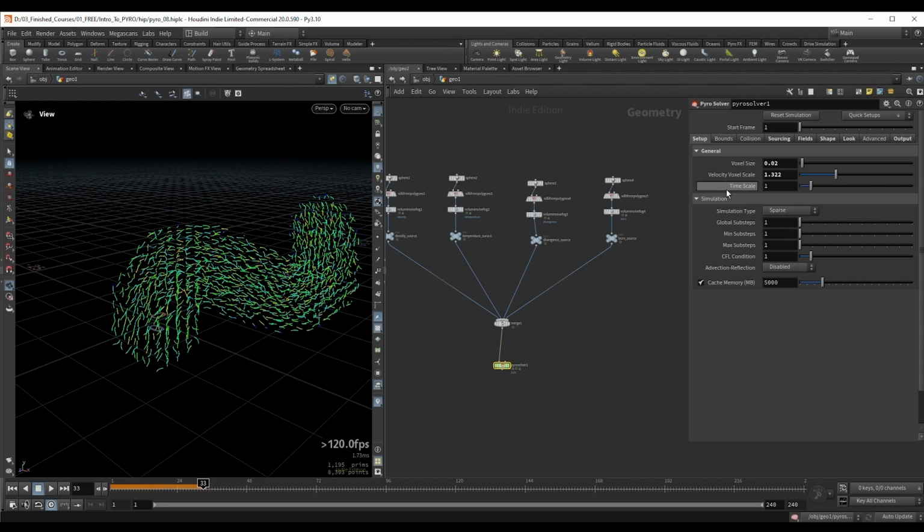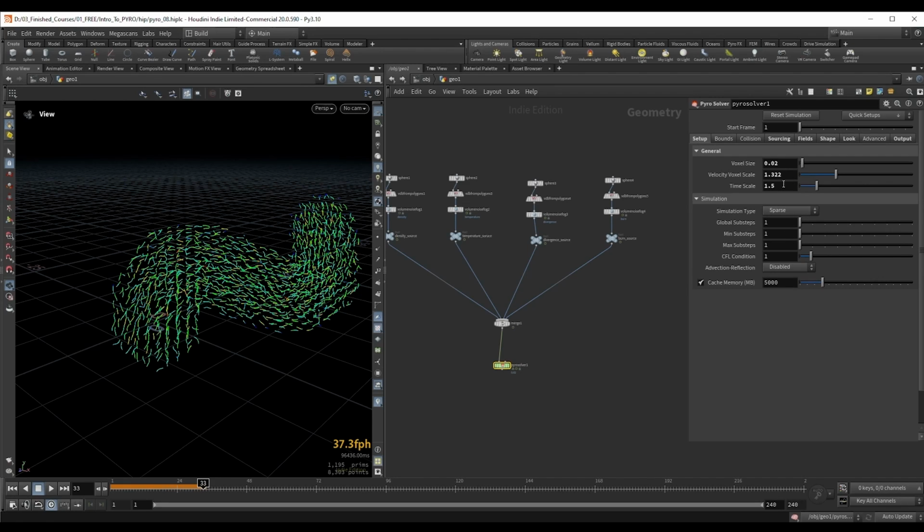Timescale is pretty straightforward. It will increase the speed of our simulation overall. So this is also something you'll have to adjust usually. For fast moving smoke like a flamethrower, this is worth increasing to maybe 1.5 or even 2, and if you have slow moving smoke like fog on the ground, you might have better results with a lower timescale. Generally, I wouldn't go with timescale values above 2 here, so if I really wanted faster moving smoke, I might go up to 1.5 or 2, but if you go much higher, you'll find that it's really hard to control